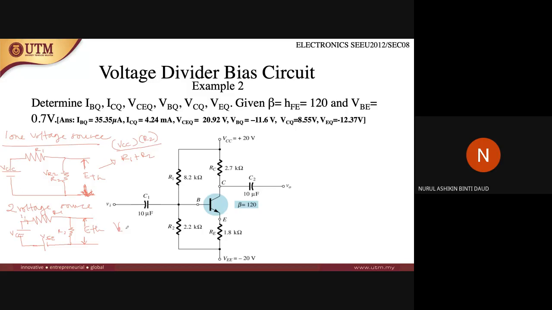So VR2 is equal to IR2 times R2. Okay, and then from here to find IR2, IR2 is related to, let's see,